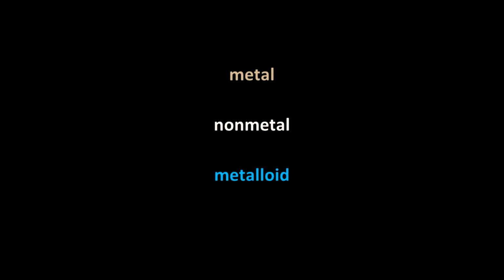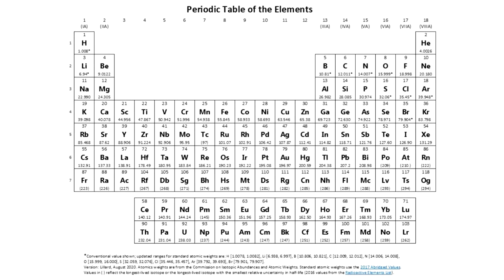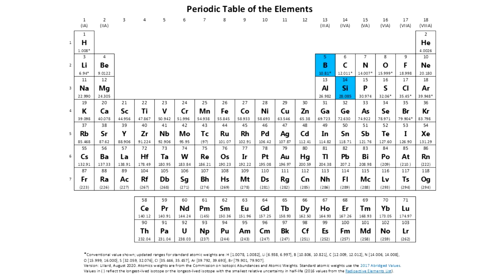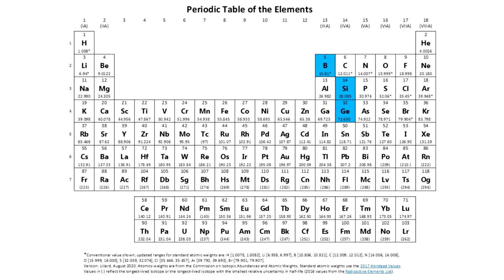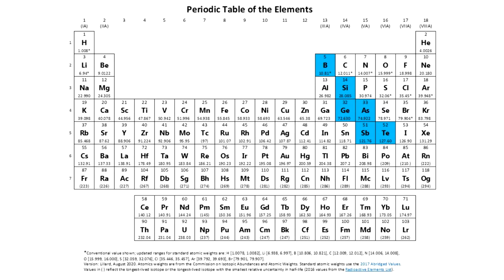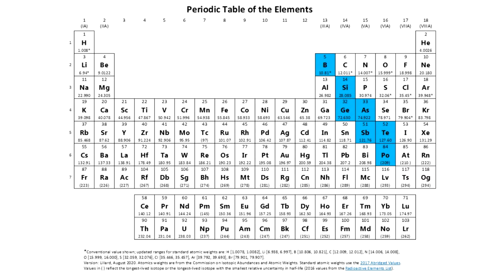The first classification we'll consider is metallic behavior, and whether an element is classified as a metal, nonmetal, or metalloid. The easiest way to distinguish these three categories from one another is as follows. First, locate the 7 metalloids. Start by realizing that the metalloids begin with B. Move diagonally to silicon, then start the staircase, down to germanium, right to arsenic, down to antimony, right to tellurium, and down to polonium. That's all there is to it.